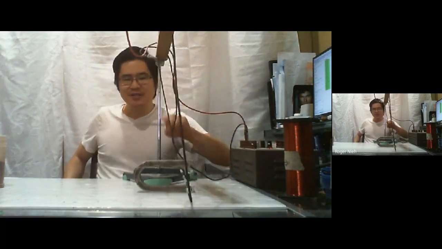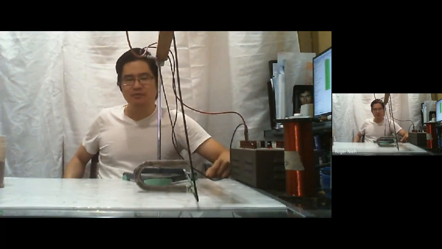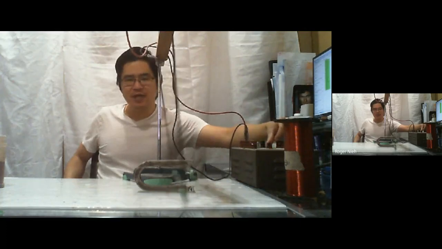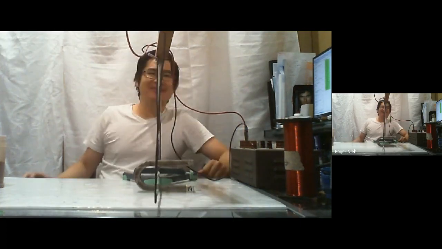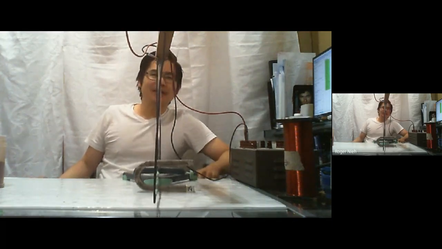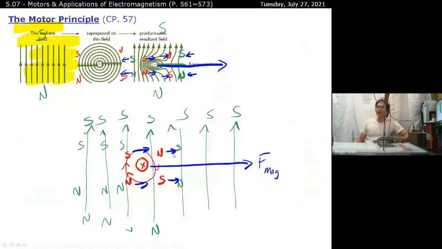All right. You can see that the wire is being pushed towards the right. That is the magnetic force, and it does happen. Wow. It does happen. There you go. Okay. Back to the screen now, because again, this explanation over here, it's telling you the science of how it works,